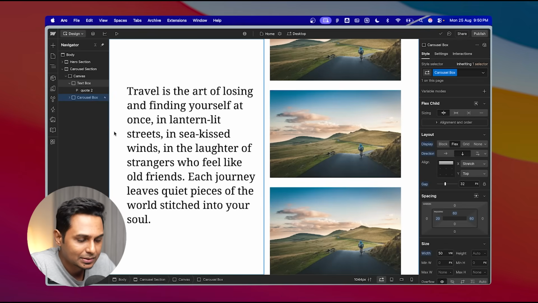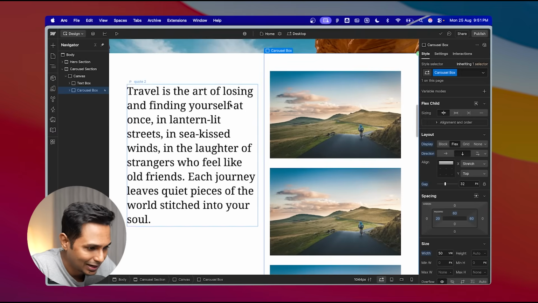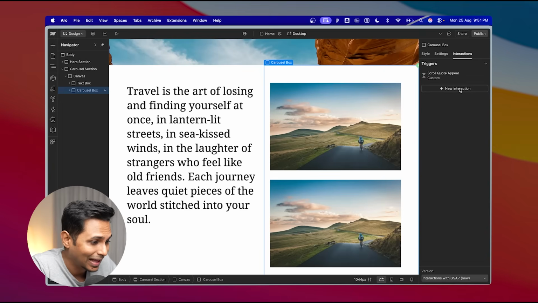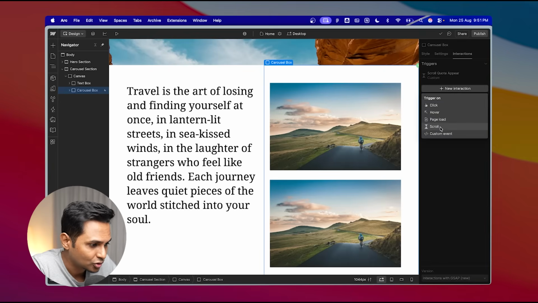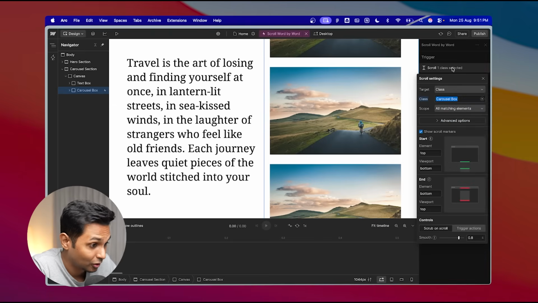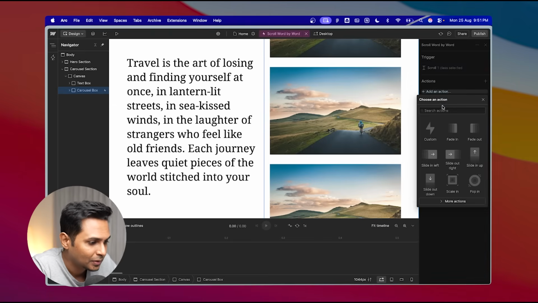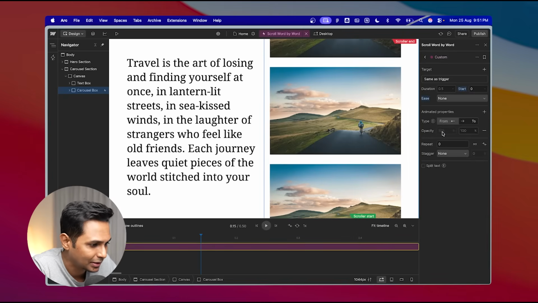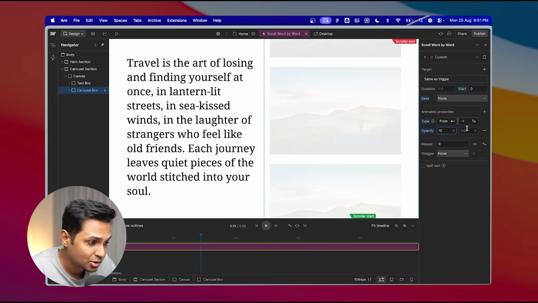But again, the trigger has to be on the carousel box, because I want this animation to start based on the position of the carousel box. So I'll click on the carousel box and click on interactions, right? I'll add a new interaction here, which is scroll. Now this is going to be scroll word by word, whatever I had mentioned. And there is one class selected, which is nothing but the carousel box, which is the trigger, and add an action. The action in this case is custom again, and it's opacity,